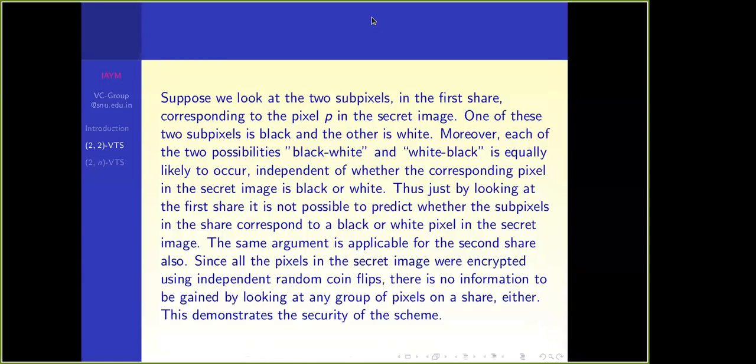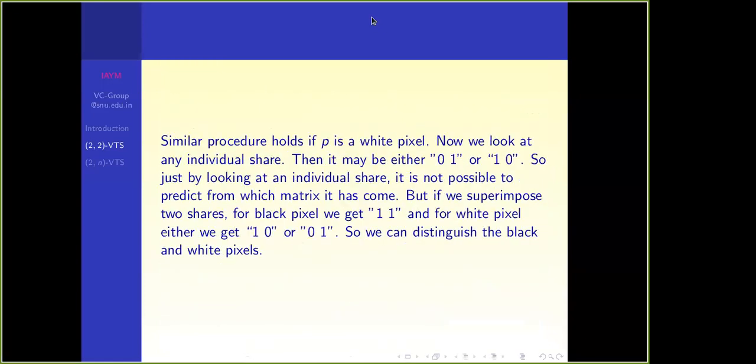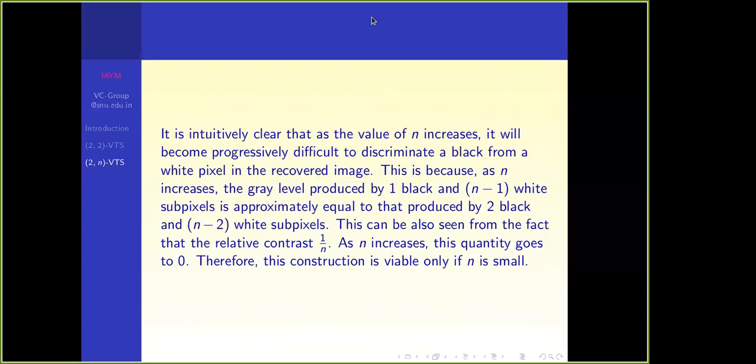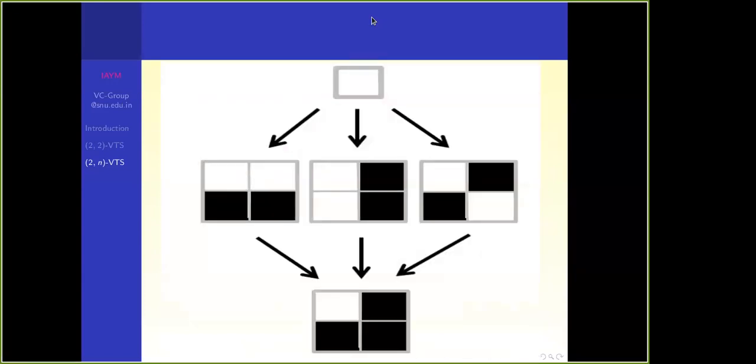Okay, so let us see something. Some pictures I will show before going further, so that it will be much better. So for example, this is a 3 comma 3 scheme. I have not written it in another section actually. It is not 2 comma n. It is a 3 comma 3.